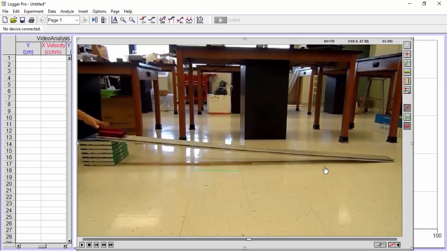All right, now the next thing that we're going to do is set the origin. And that's the third one down. Remember, the origin is our reference point. That's where we're going to start. So if you click on that,